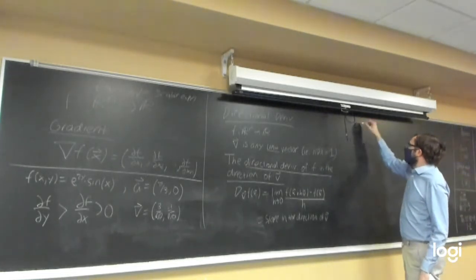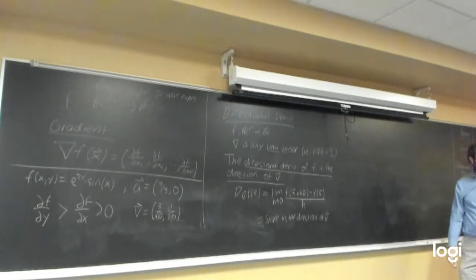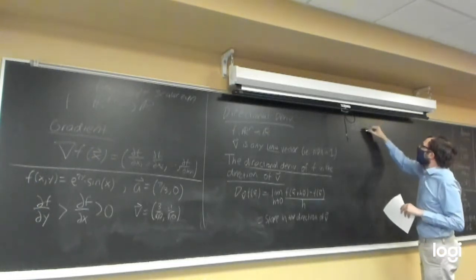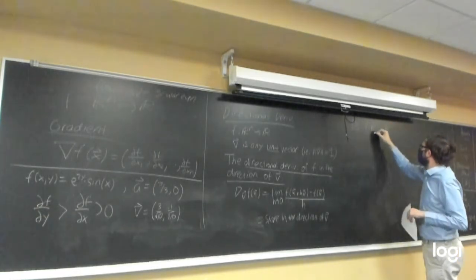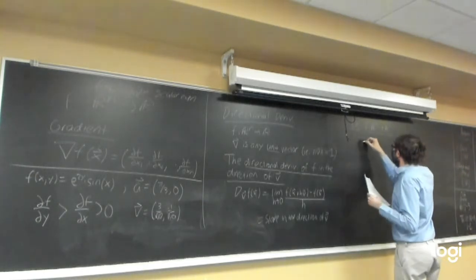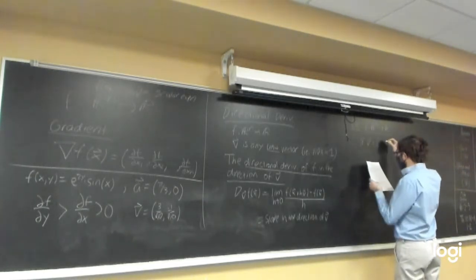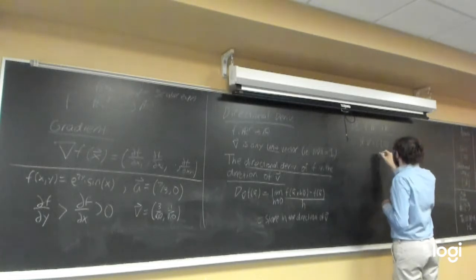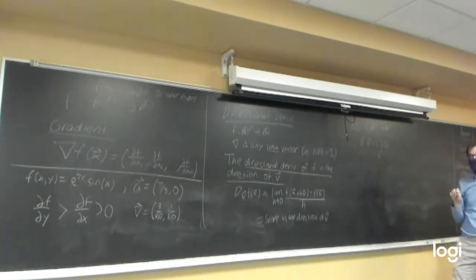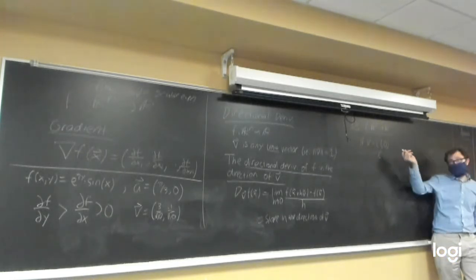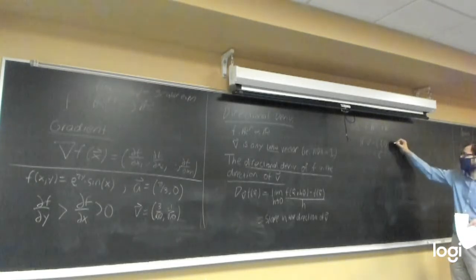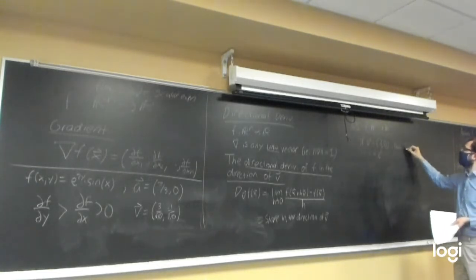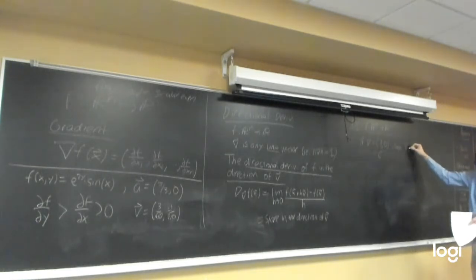So as a quick little example, before we go on to looking at this function, if f is a function from R2 to R, and if, let's say, v is going to be the vector 1 comma 0, so i, if we wanted to write it as a standard basis vector. So if v is a unit vector, which it is, it has length 1, pointing in the direction of the positive x-axis, if we were to take the directional derivative in the direction of v,